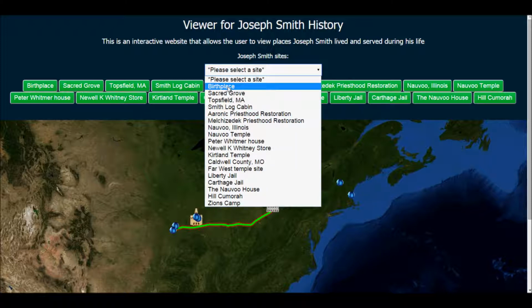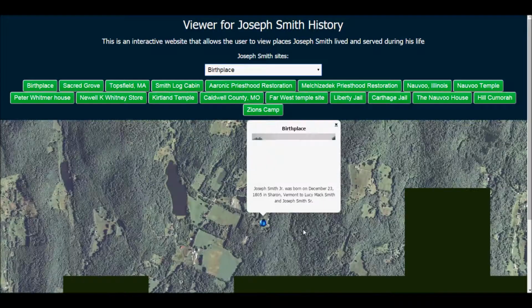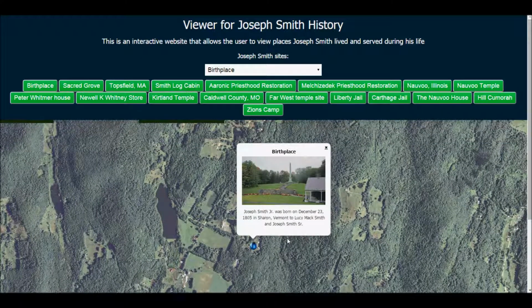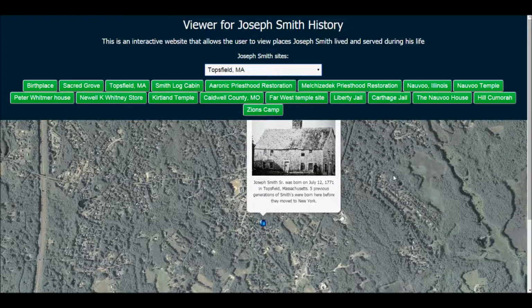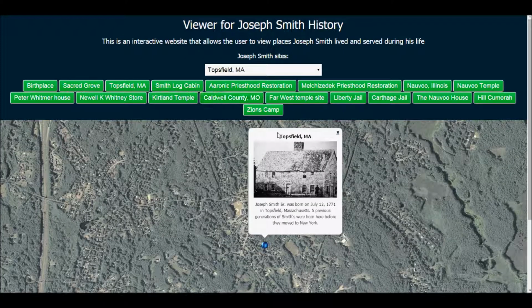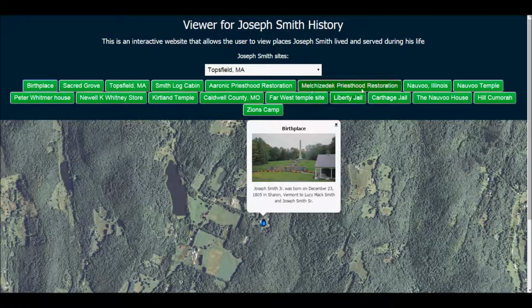You can select one of these points, for example birthplace, and it'll zoom right to that point and give a brief caption, a summary of what happened, and an image. You can do this for all of them, for Topsfield. And we also have buttons that do the same thing. If you click on any one of these buttons, it'll take you to that point, display a pop-up with an